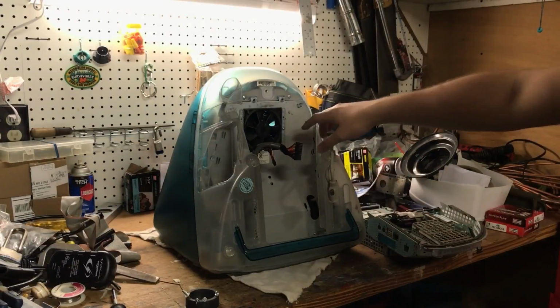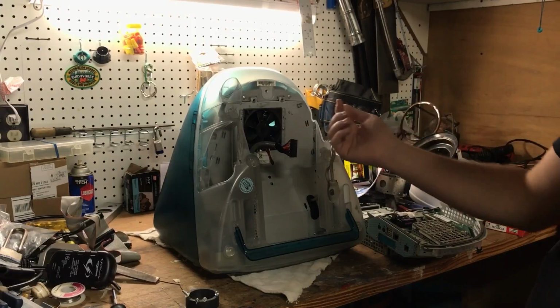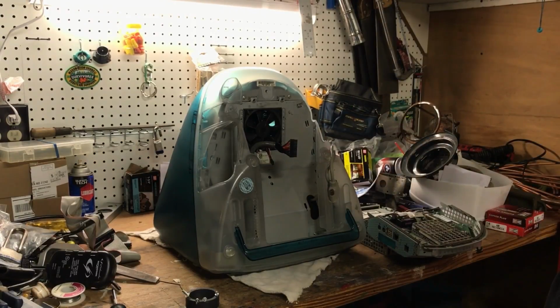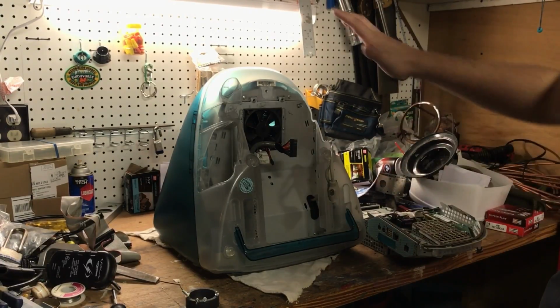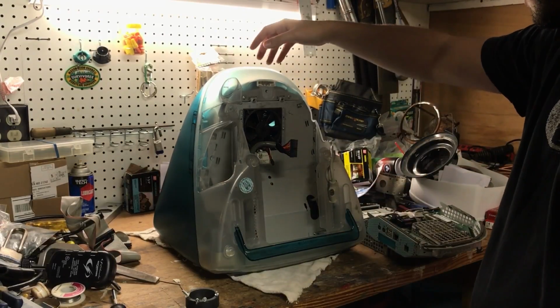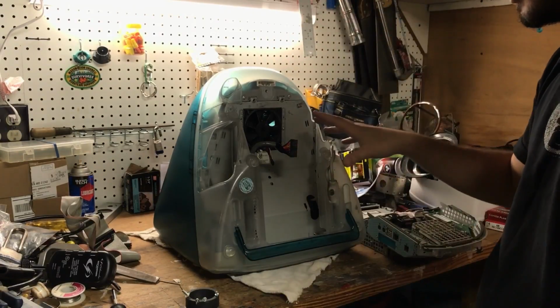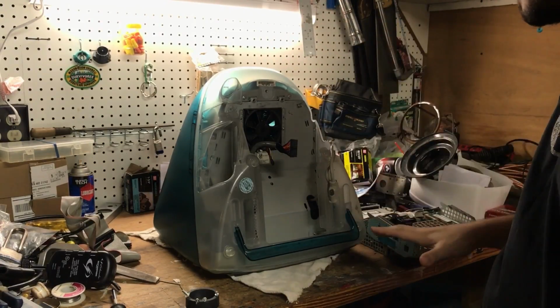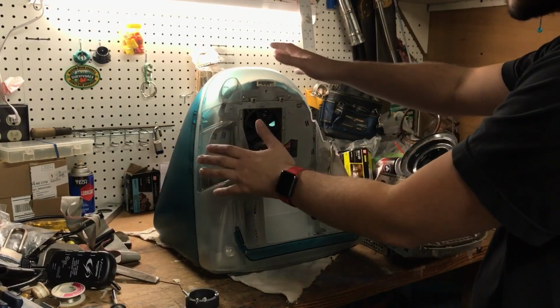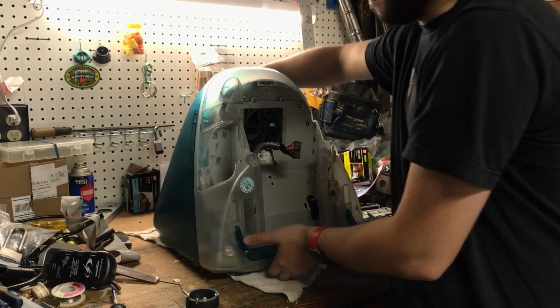Alright, so this is your monitor. You've got a very dusty fan that, despite having tried to clean it off, it just does not want to stay clean. And all of this, actually, this is the main body of the machine. It houses the power supply, and the CRT monitor, and all the dangerous stuff that I'm not going to be messing with. This is all housed up in here. And then underneath...